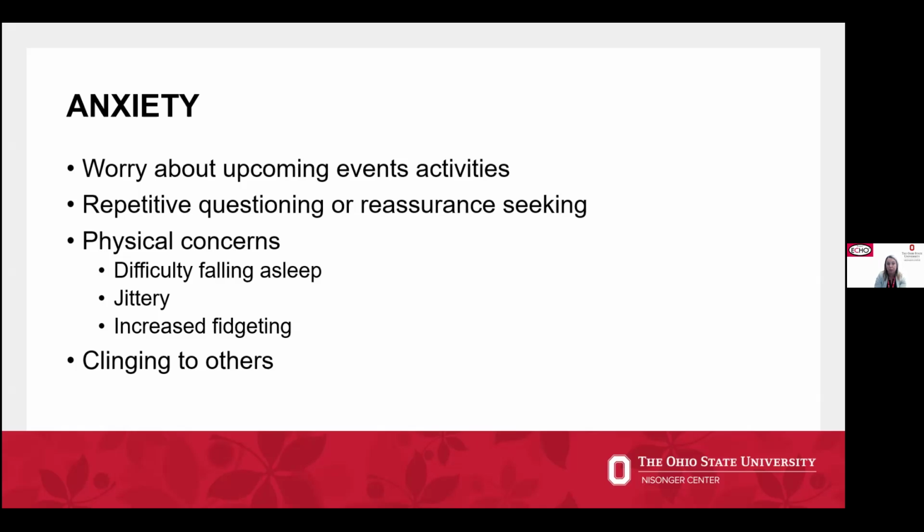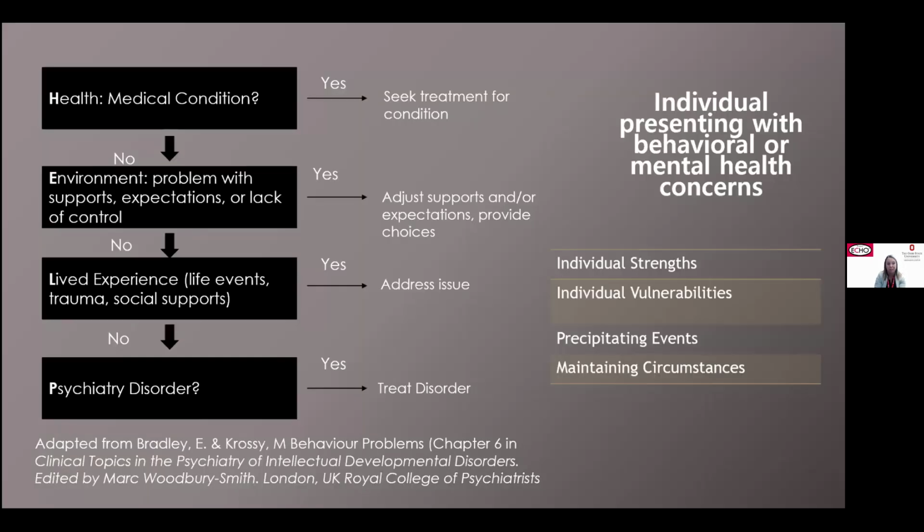And what I'd like us as a group to do, as we move through all of these different sessions, is to think through the HELP model. So again, I recognize that these might be mental health conditions in individuals, but we also need to think about some other things. Is someone increasingly irritable because they have an ear infection? Are they hitting their ears? Or do they have a toothache? Are they having GI upset? This can cause some of those things that I talked about and can be addressed very quickly with an appointment with a physician. What's going on in the individual's environment?